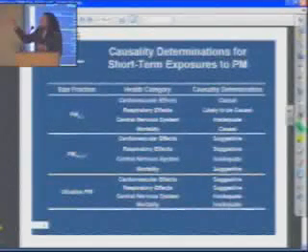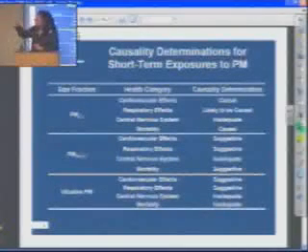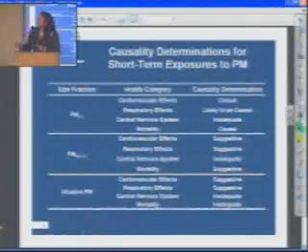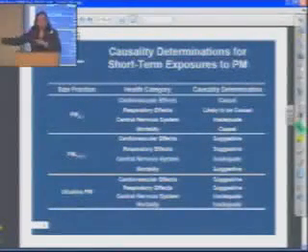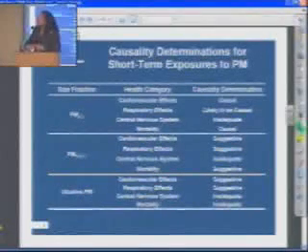And when I say cardiovascular effects, that includes cardiovascular mortality. There are a lot of studies that look at mortality. Many of them look at mortality altogether, all-cause non-accidental mortality. But cardiovascular mortality, of course, is at the most severe end of the spectrum of effects for cardiovascular effects. So the next slide